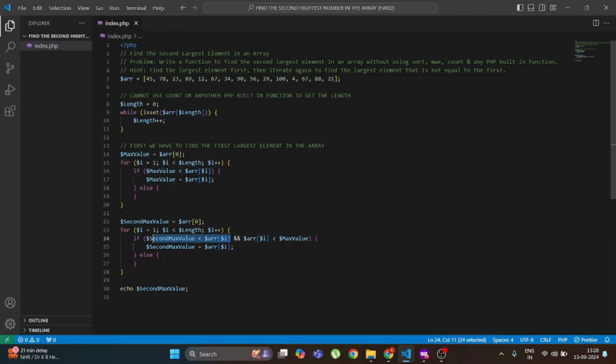This condition renders correctly, and after this we are going to check the next condition, that $array[$i], which is right now 78, should also be lesser than the maximum value from the array which we found earlier, which is 100. So obviously 78 is lesser than 100, which satisfies this, and then the second max value is going to be 78. And then again we are going to check it. And in the case of 100,